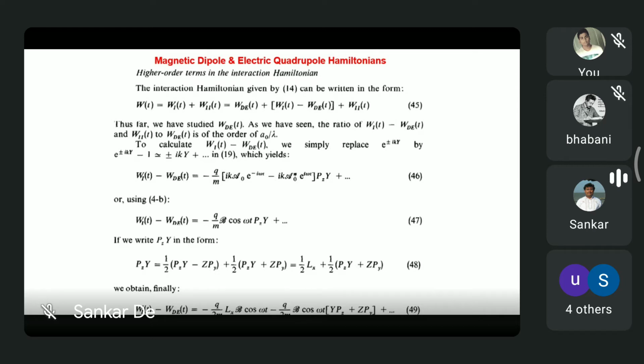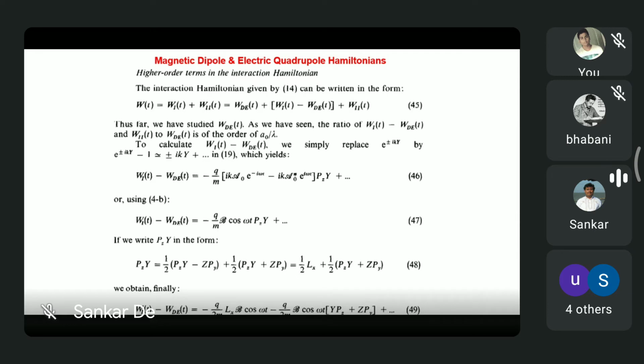This came forward when we tried to include the terms that we have left out. So what have we left out? We have left out two things. One is the interaction between spin and magnetic field. So the interaction between spin and magnetic field, and we have also left out the power expansion of the dipole electric terms.